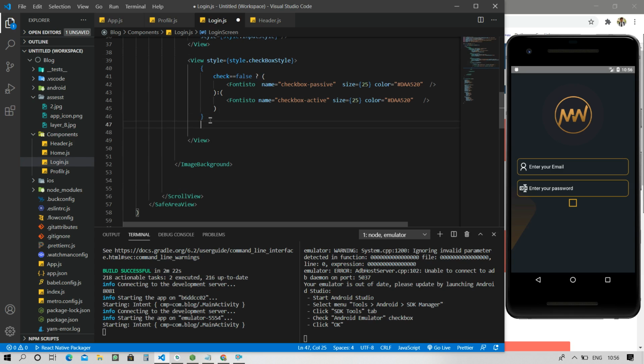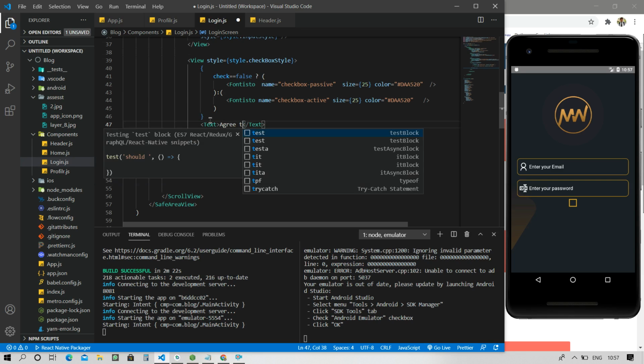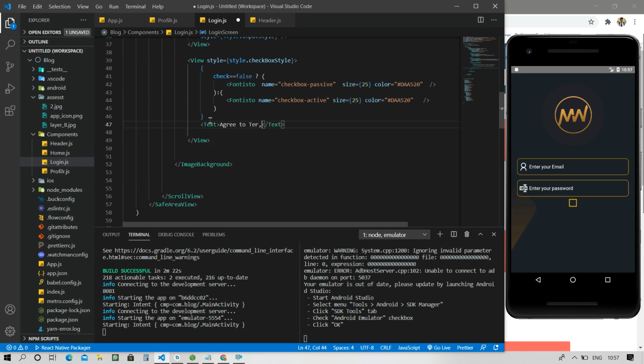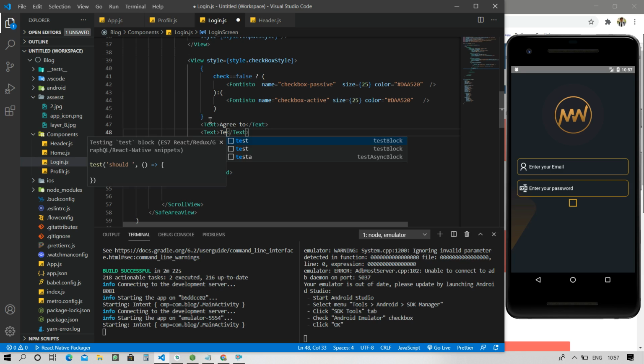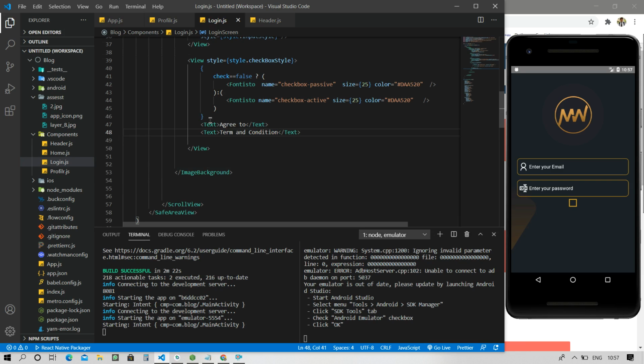So I am here giving a Text property and adding here, agree to terms and conditions. So Control S.